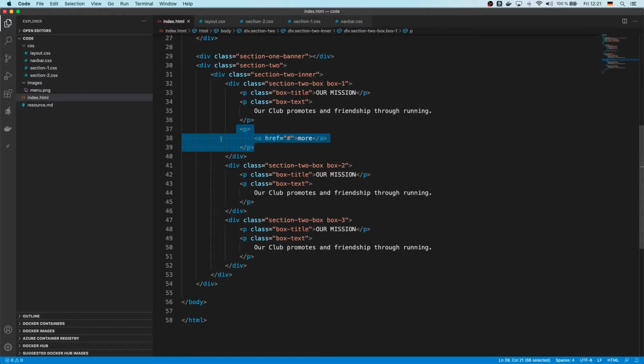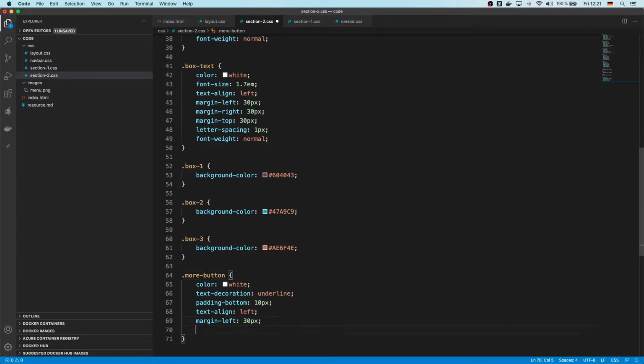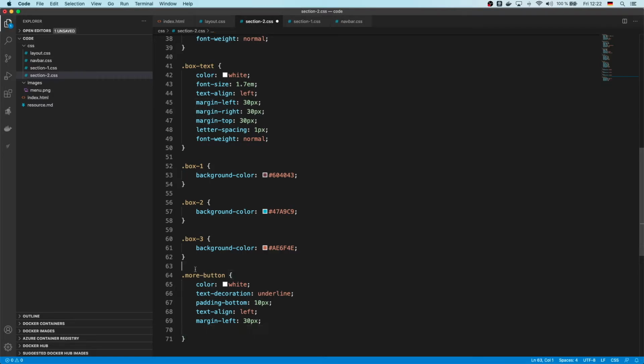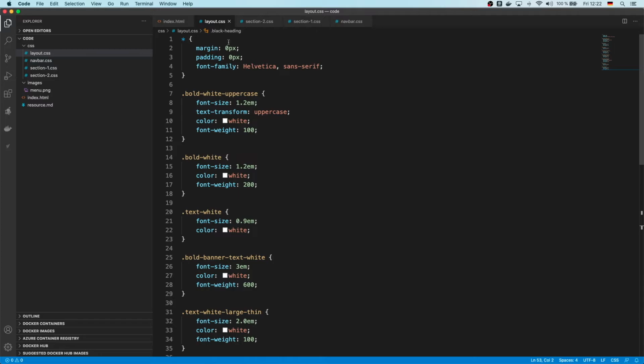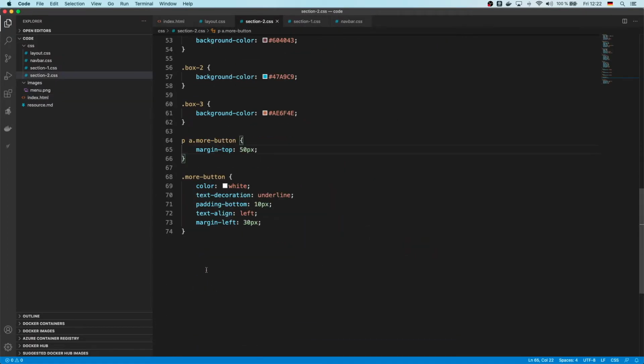Let's come to here. Give this a more button. Happy days. Let's give it a margin top now as well. Probably about 50, I guess. But we need to have P and then A dot more button. Does that work? No. We need to change this. We don't need to change that, so that works, but we need to then